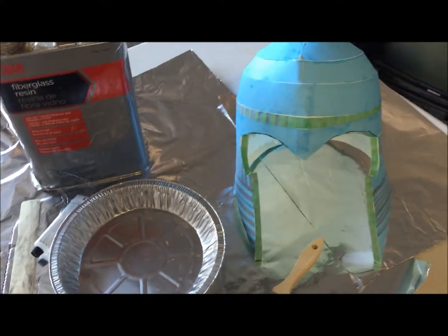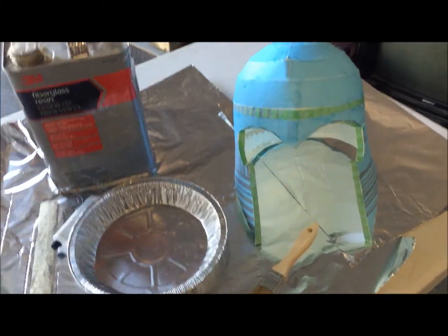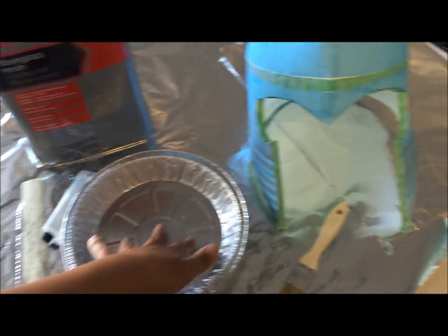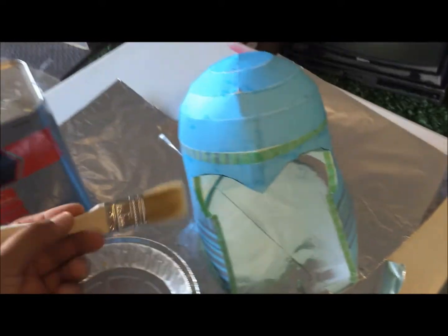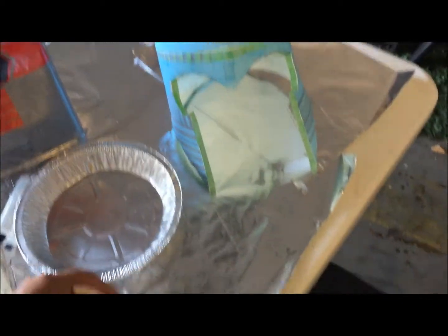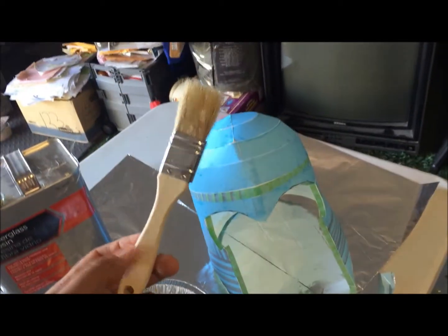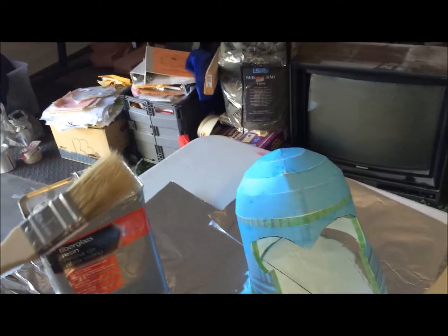You want to do it in little amounts because you don't want to waste so much product in here that it starts to harden before you get it on your helmet. And also you're going to want, these are those 99-cent brushes. I recommend these and then just toss them out because I've tried to use the foam ones before